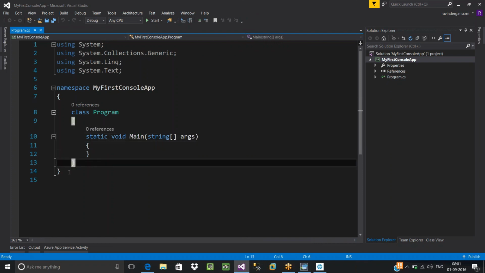Outside of this class, you can write a number of classes, but your compiler doesn't know anything about them. It always maintains the address of only the main method. So once you compile your application, immediately it will go to this respective method.